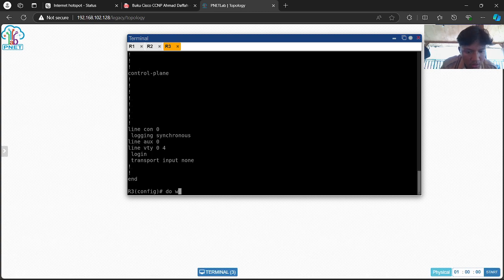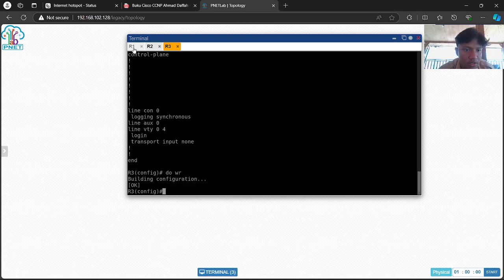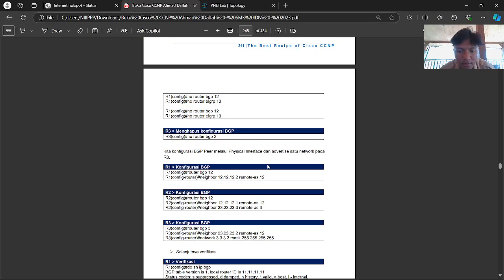Okay, that's all for removing the routing protocols.